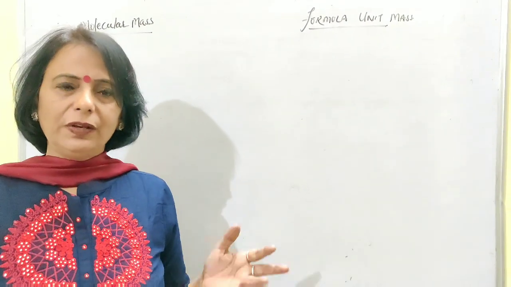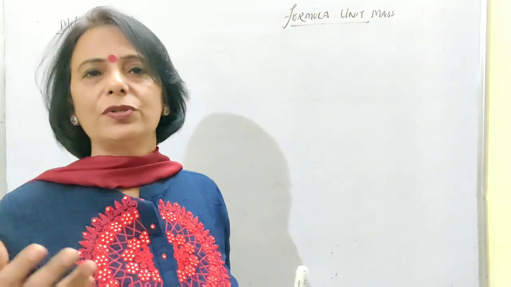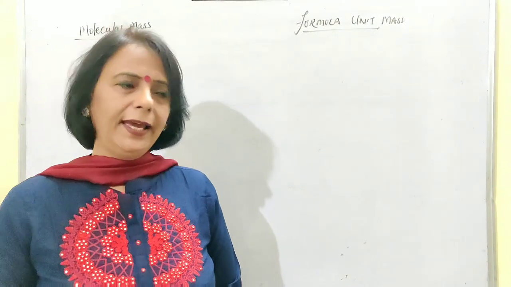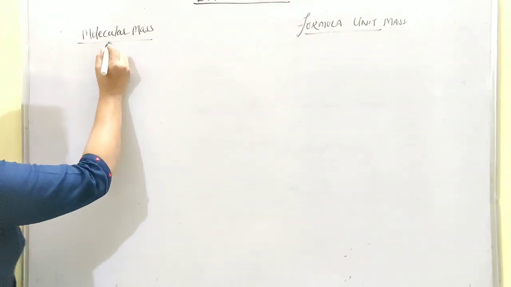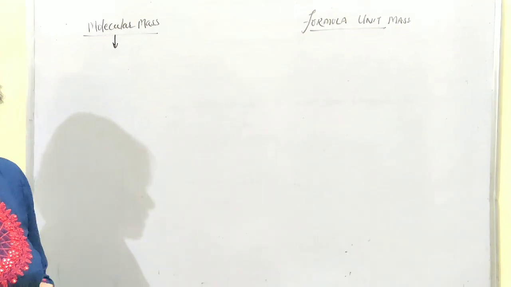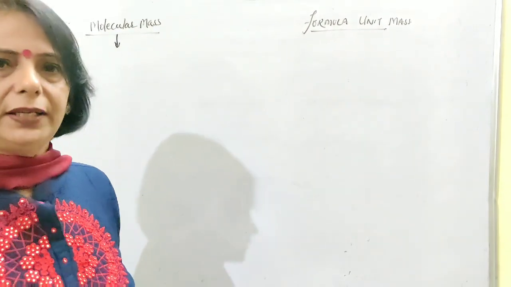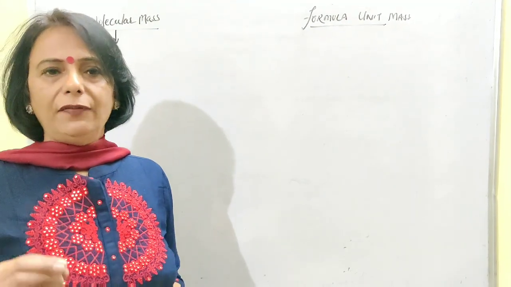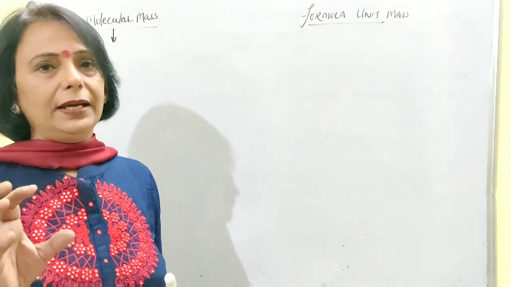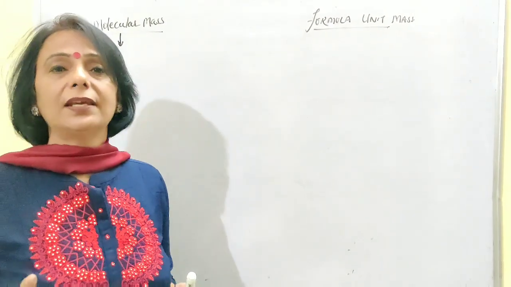But for many others you will not find these, but as you go ahead in the higher classes, you will come to know which compounds are formed under which particular process, by the sharing of electrons or by the loss or gain of electrons. So, what is the meaning of this molecular mass? You know, these atoms are so very tiny and insignificant. To find the mass of one particular atom is a very tedious task. In a similar way, if I talk about one particular molecule, they are very small. Okay, but they are the chemical combination of many atoms together. They are undoubtedly very insignificant to us.